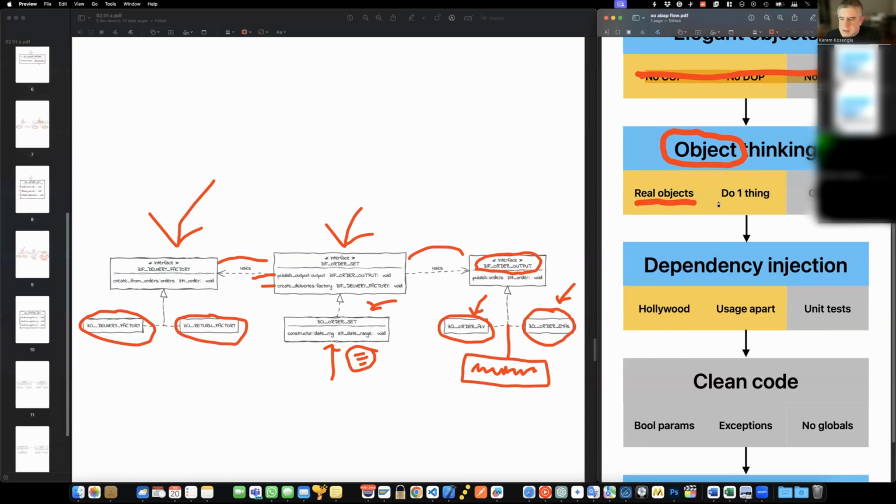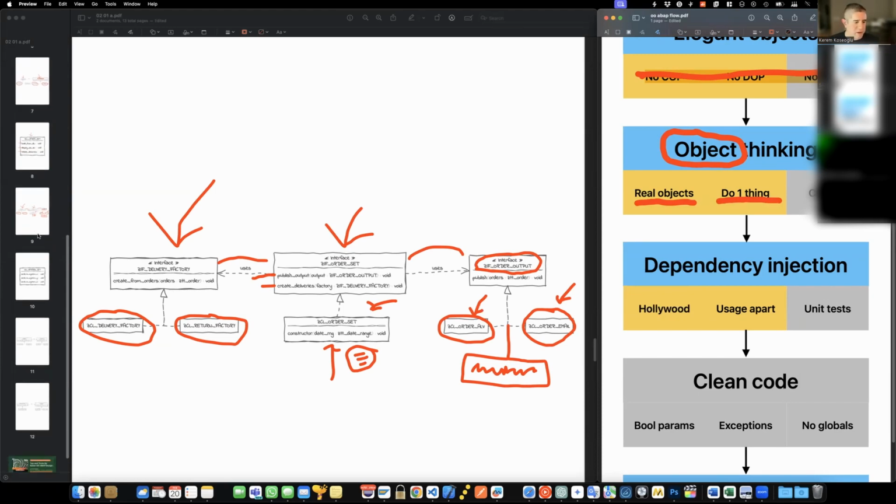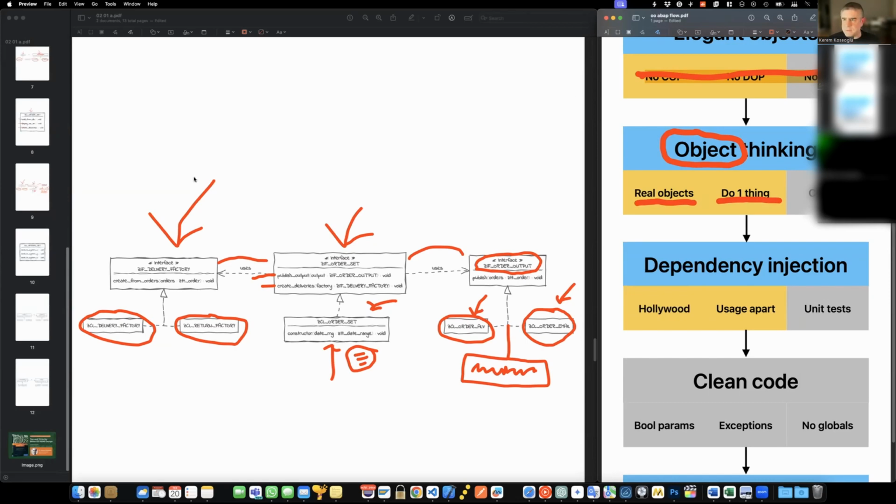So this is explaining why each class has to do only one thing. Otherwise, you are losing flexibility. And if your class is doing too much, this is a technical debt. You eventually have to pay it. And you eventually have to repeat the same tests again and again because you need to modify those central classes.